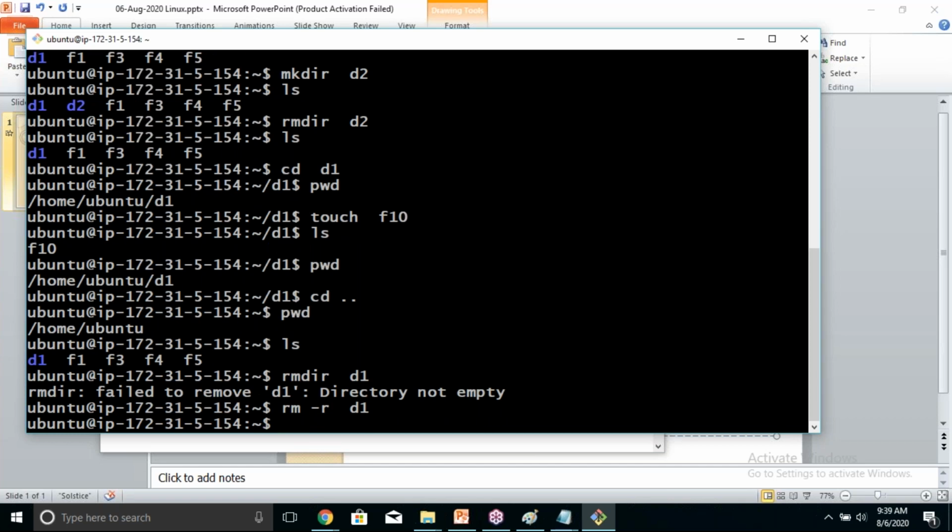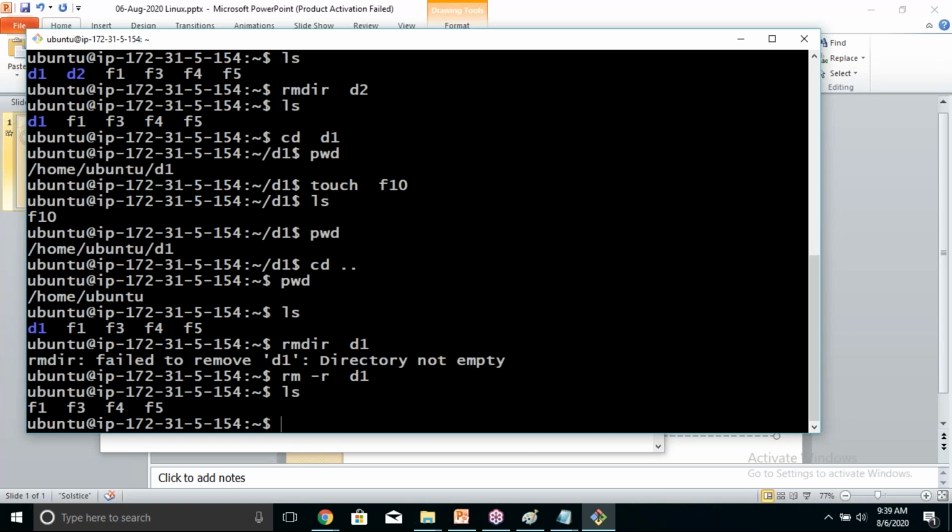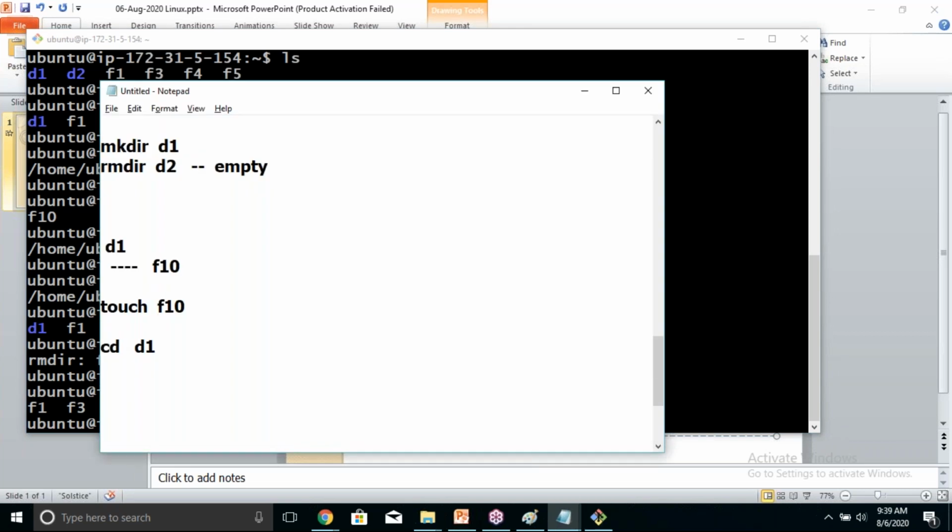Done. rm -r done. So in two ways we can remove directories: by using rmdir, and the other one is rm -r.